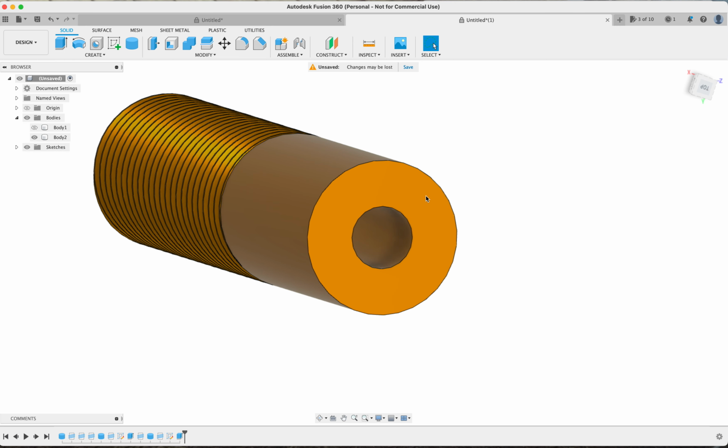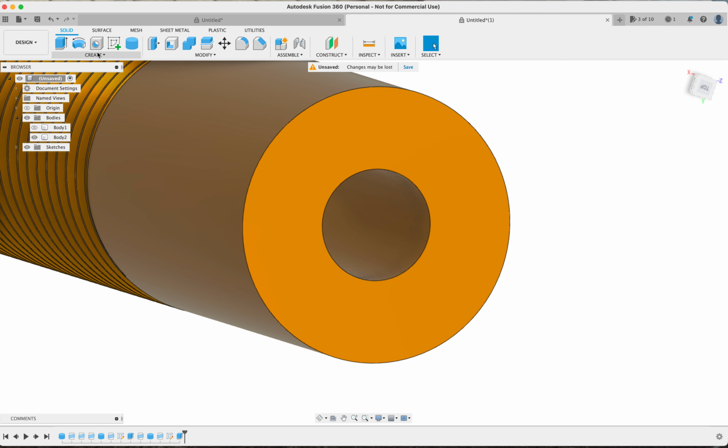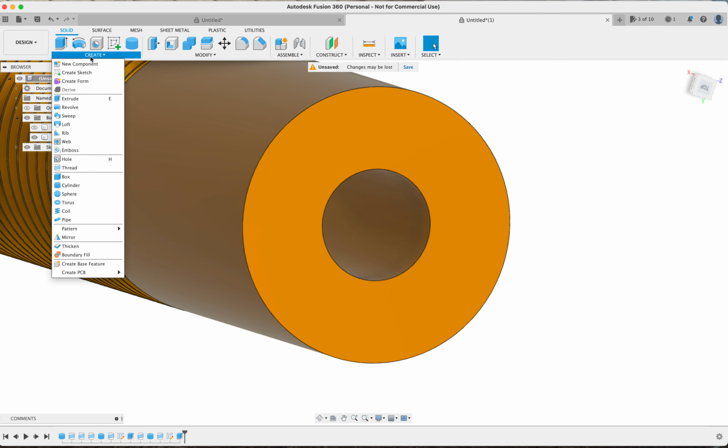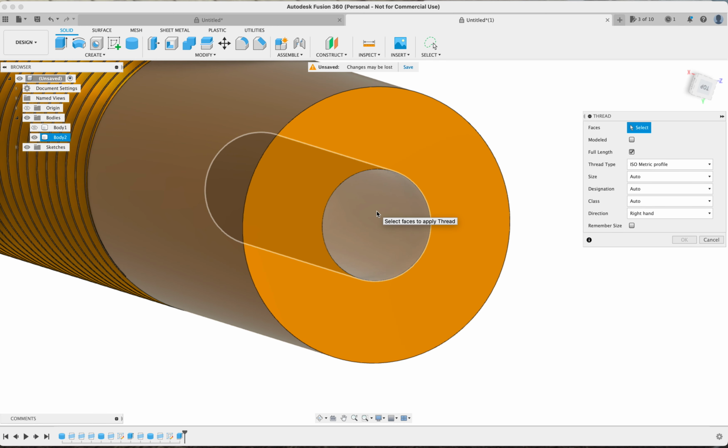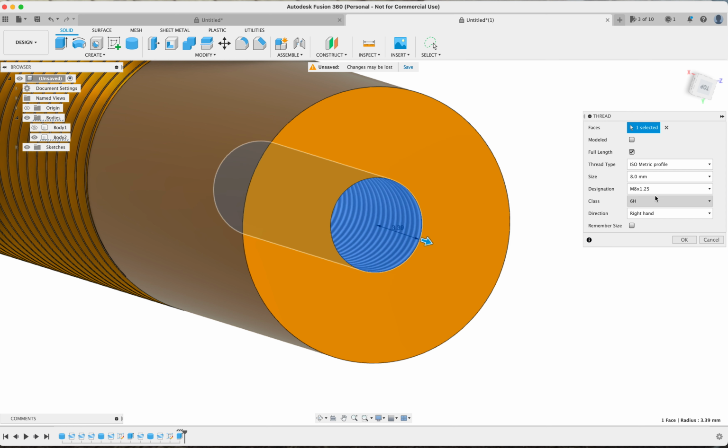Okay, so now we have a hole there, and we'll come up to the thread option in the create bar, select thread. Now select the face that you want the thread on. So we want the thread on the inside, so you can see how that highlights. So we'll do that, and it comes over here, and it will automatically adjust the thread to suit the diameter of the hole. So it's gone to an 8 by 1.25 thread, and there's a few options here in 8